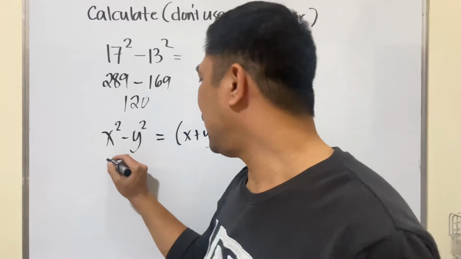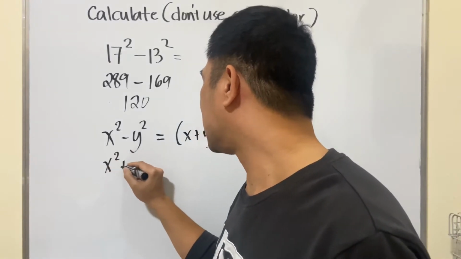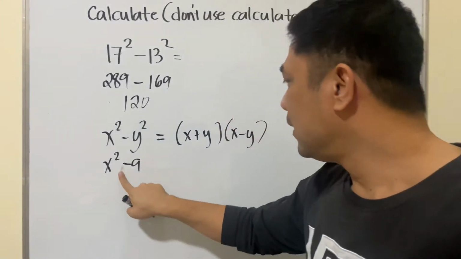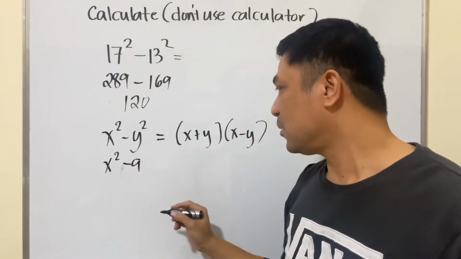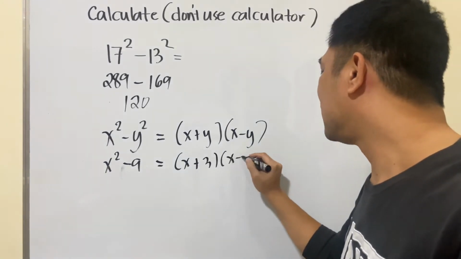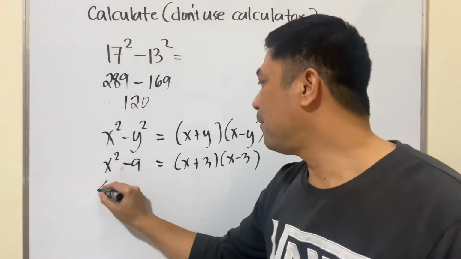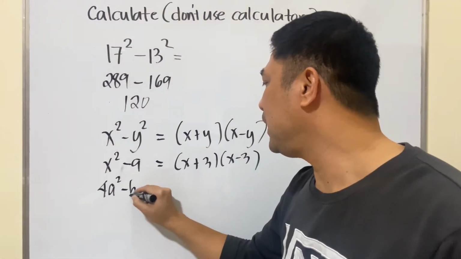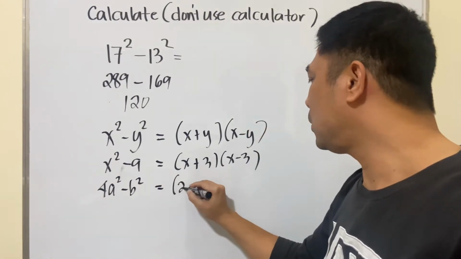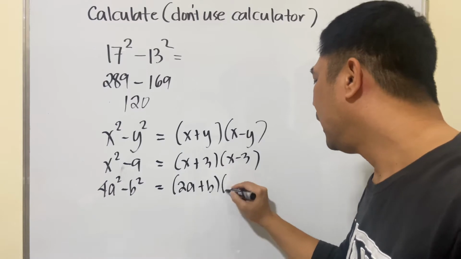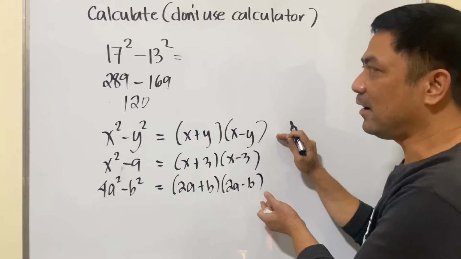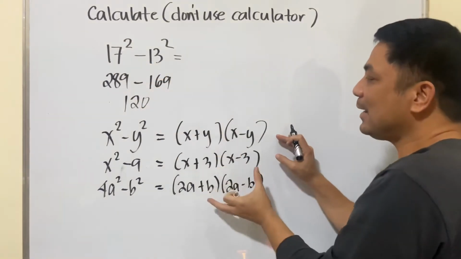If you also have x squared minus 9, 9 is a perfect square, x squared is also a perfect square, so this will be x plus 3 and then x minus 3. If you have 4a squared minus b squared, this is a perfect square, this is a perfect square, so this will be 2a plus b and then 2a minus b. I think these examples are enough. So let's try to apply this